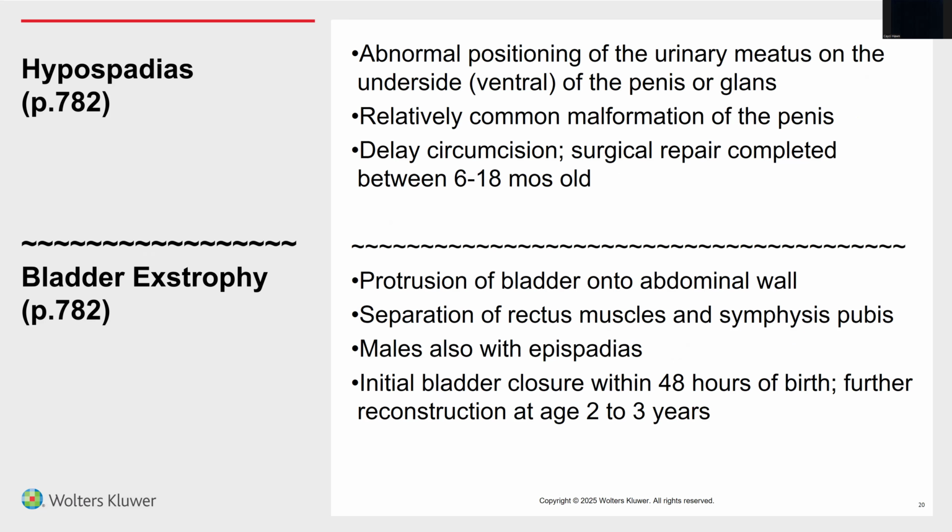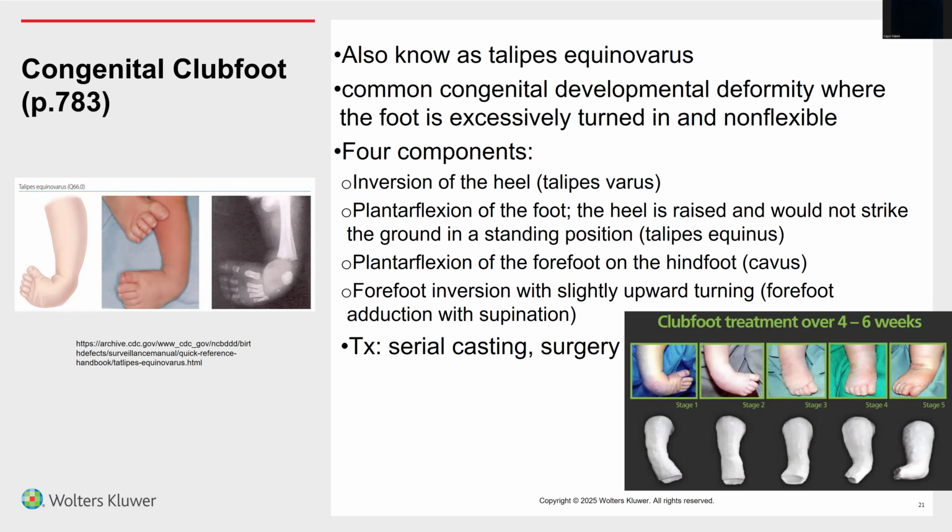Bladder exstrophy is the protrusion of the bladder onto the abdominal wall. There's a separation of the rectus muscles and the symphysis pubis that allows that to occur. Males also will have epispadias. Initial bladder closure should occur within 48 hours after birth, and further reconstruction should occur between the ages of 2 to 3 years of age. Congenital clubfoot